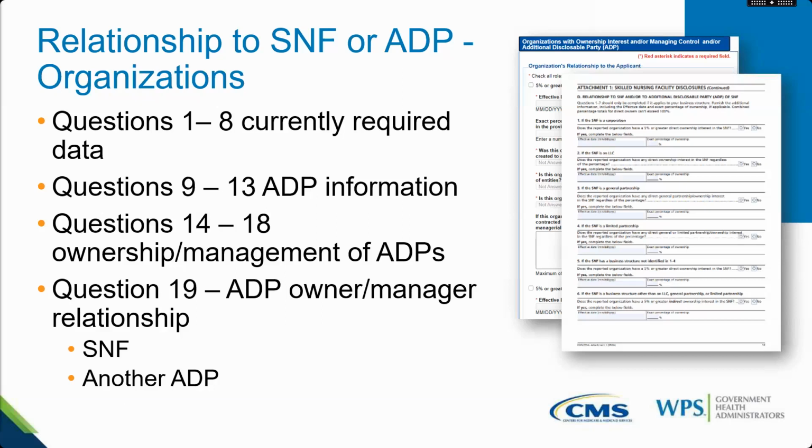So there are subsections, and we're going to start with the organization section. Like I said, there are subsections. Subsection D is really what's changed. The other sections are all existing that have either been consolidated or asking for the same information. And again, I will say section 5 and 6 on a paper application and the attachment are not interchangeable. So what I'm going to focus on, as I said, is going to be that subsection D. That's where the list of questions are, the yes or no questions.